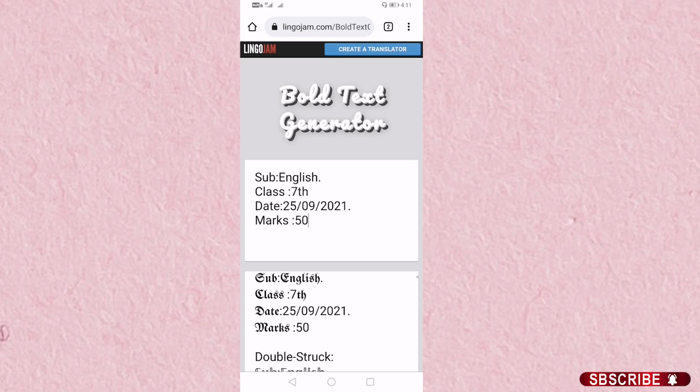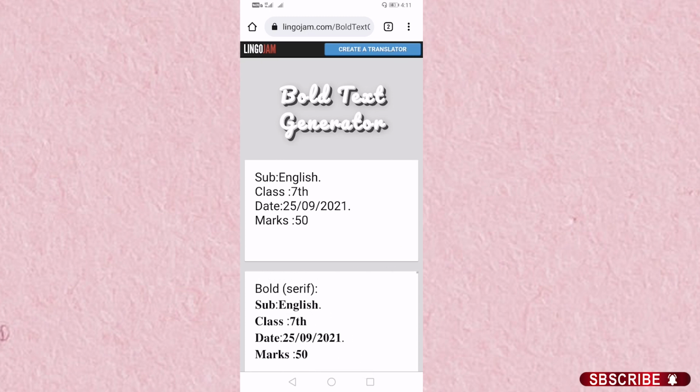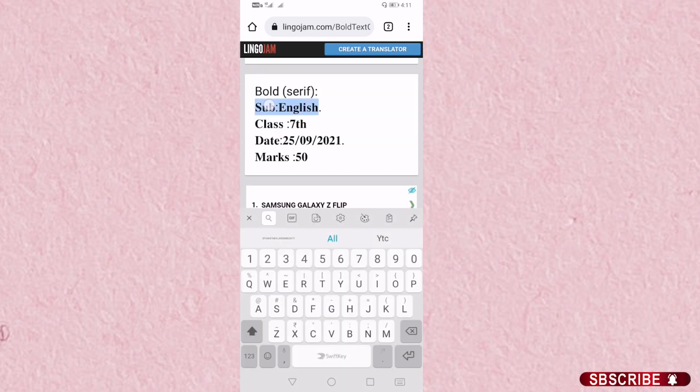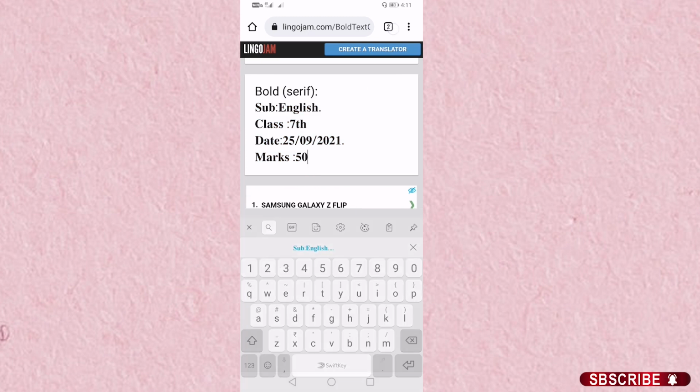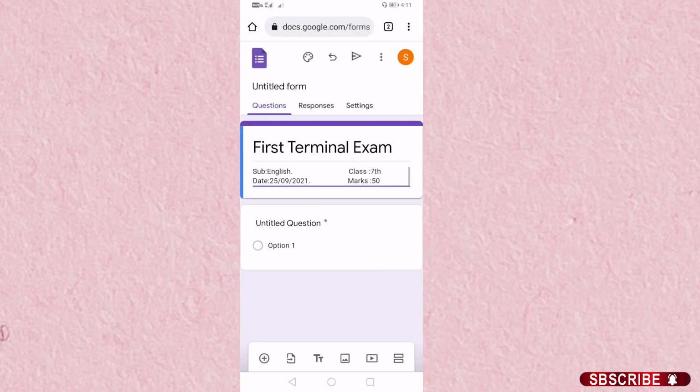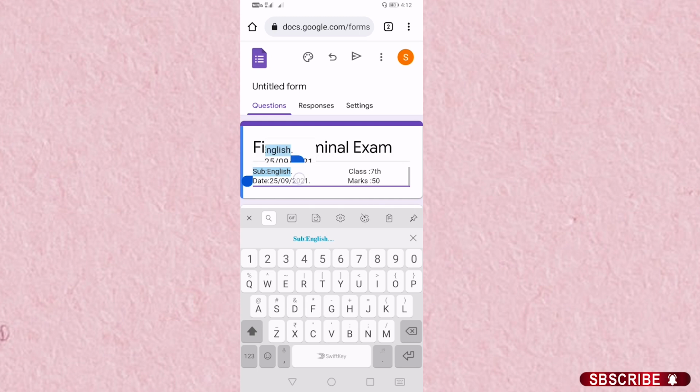Whatever is your choice, just select the font and then we have to paste it. So I am going to select this one. Again moving to our tab and then here I am going to paste it. So as you can see, the description is in bold now. Again we will make it proper. Yes, now it is okay.